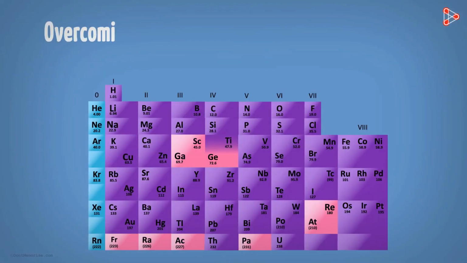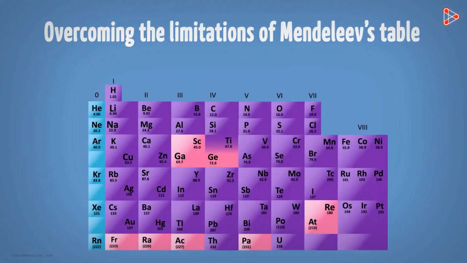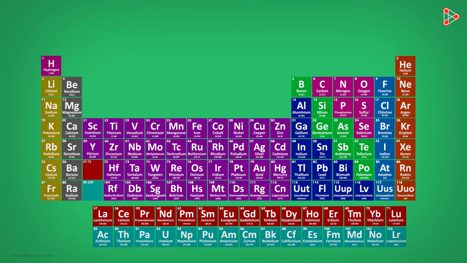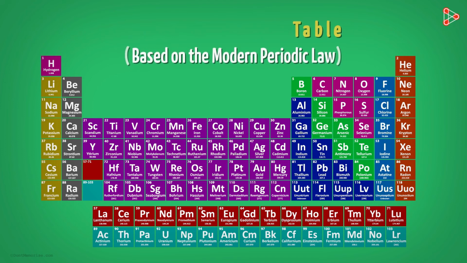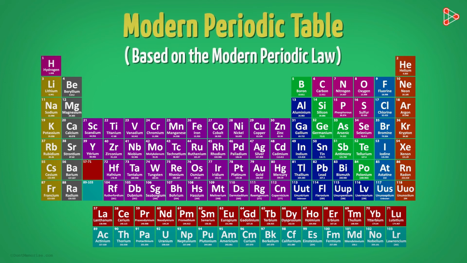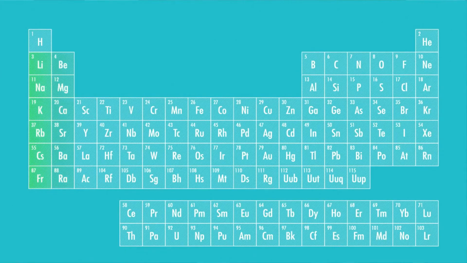This law also helped in overcoming the limitations of the Mendeleev periodic table. And because this table was based on the modern periodic law, the table was named the modern periodic table. This table has all the 118 elements discovered so far, and their respective positions are laid out in different groups